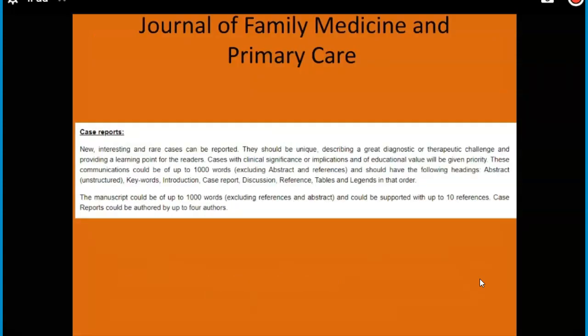Here's another example for a description from the Journal of Family Medicine and Primary Care. This journal publishes several genres, including, of course, the traditional research article, but also case reports. So I just want to read this out to you. New, interesting, and rare cases can be reported. They should be unique, describing a great diagnostic or therapeutic challenge and providing a learning point for the readers. Cases with clinical significance or implications of an education value will be given priority. These communications could be up to 1,000 words, excluding abstract and references, so they're even shorter than the previous one,